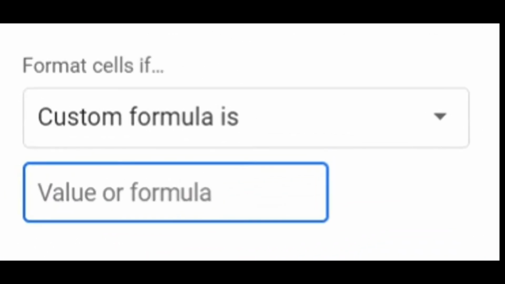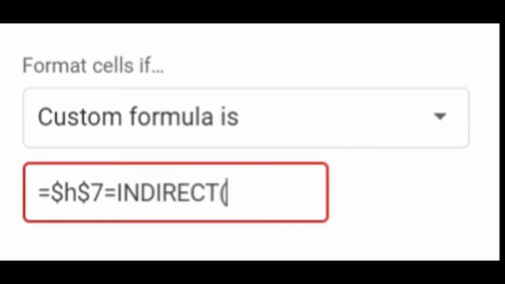And in this case, our custom formula is going to be a little bit different than it was for the last one. We'll still start it off with H7. Then we'll put another equal sign. That equal sign is letting us know that we want H7 to equal another value like it did in the past. But in this case, we're going to use the indirect function. And what the indirect function allows us to do in this case is reference another sheet. We'll start that with a parenthesis and then a